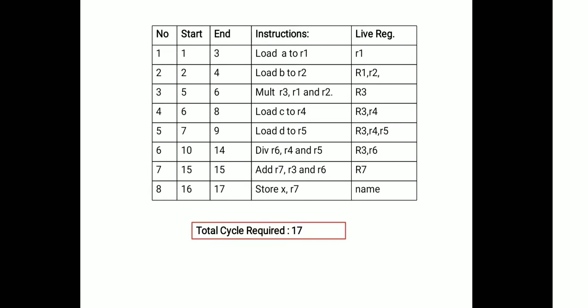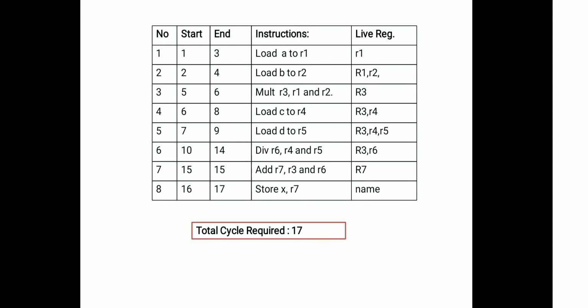Yes, it is independent. So if it is independent, they can be executed separately, in parallel, or simultaneously. A number of instructions can execute this way; this is possible in a pipelining process. So at cycle 2, the second instruction will start. It again requires 3 latency, that is 2, 3, 4.